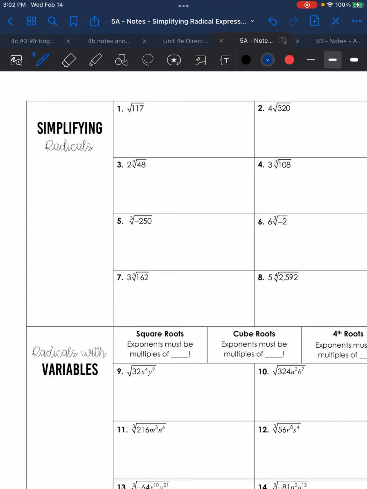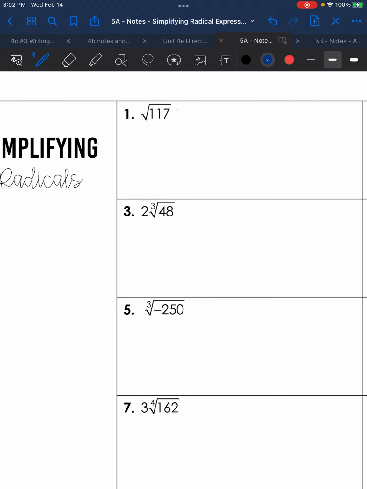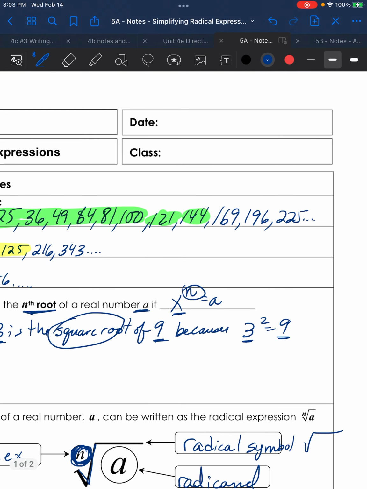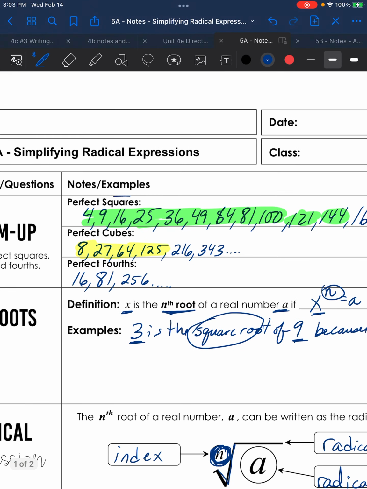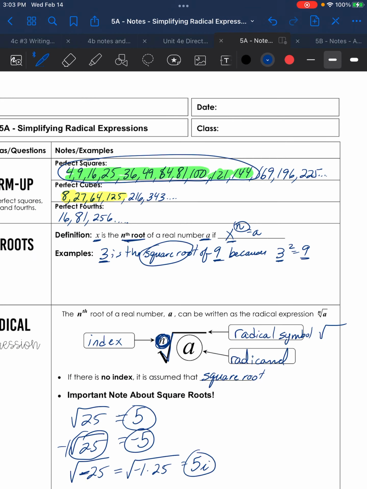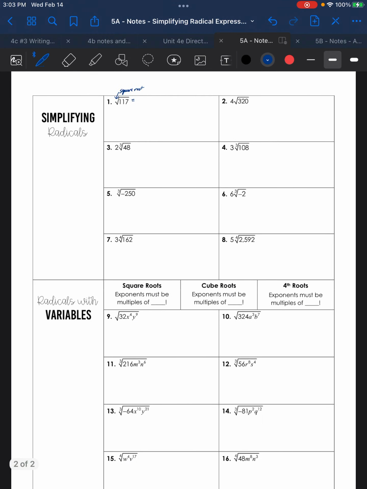All right, let's take a look at some problems here. So I'm not going to do all the problems, but I'll do some of them. I'll start with number 1. So simplifying radicals, 117. I think about what's the biggest perfect square. So now I'm thinking about, this is a square root. So I have to look back, and the students I see are successful with this look back to this page. I'm looking at perfect squares, so what I have highlighted here in green. So I think about what's the biggest number I can divide out of 117. Well, 117 is not one of those numbers, so then I just start going down and thinking about,